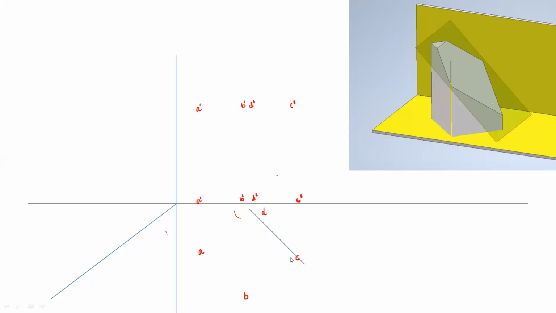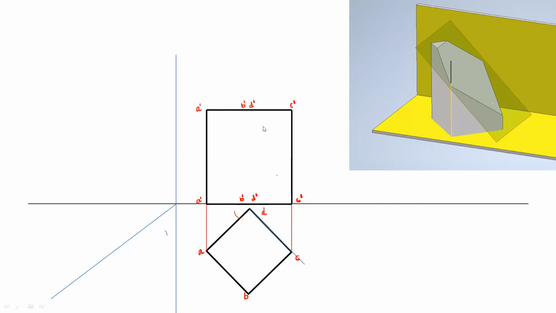So this is how you can start your projection on the drawing paper. First, you draw the top view. So you can refer to this three-dimensional image. In the top view, you can observe a square which is equally inclined with the vertical plane. So at a 45-degree line, you can draw that square with the given dimension, that is a 40 mm base side. Then you can take the projection in the front view. You can mark the height, that is 60 or 65 mm. So you can complete the front view. So draw the top view and the front view without considering the section. Okay. Just assume the complete solid and then draw the front view and top view.